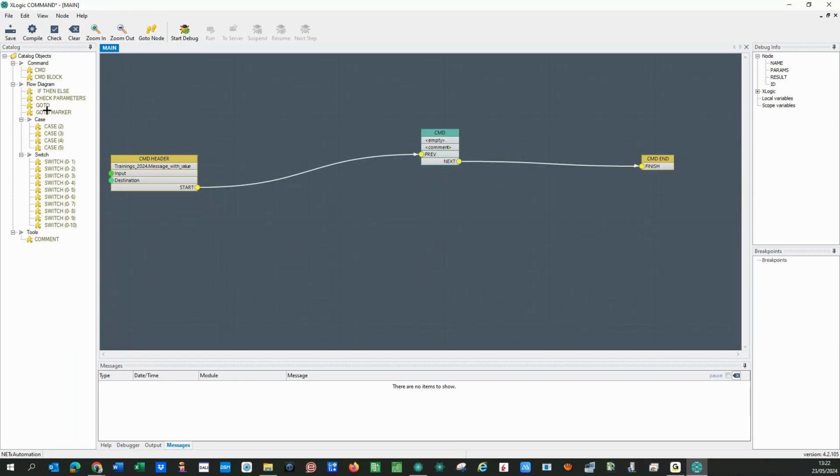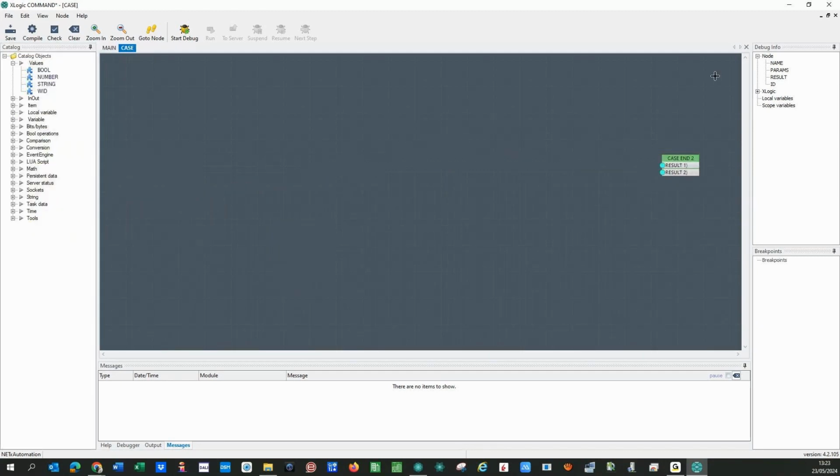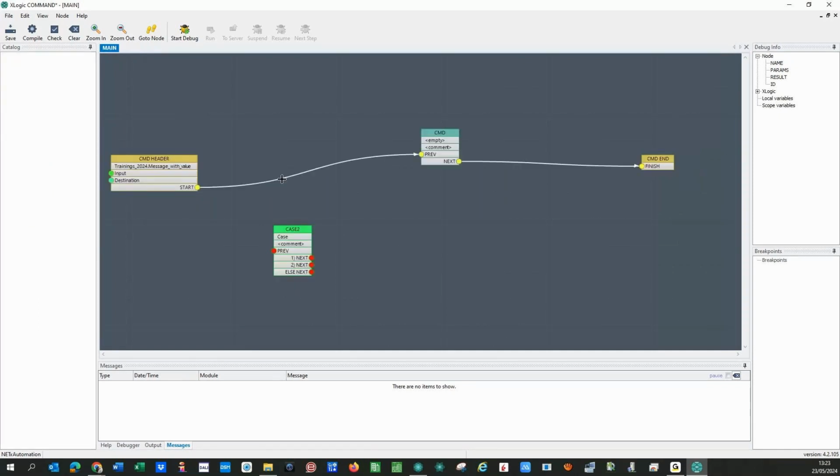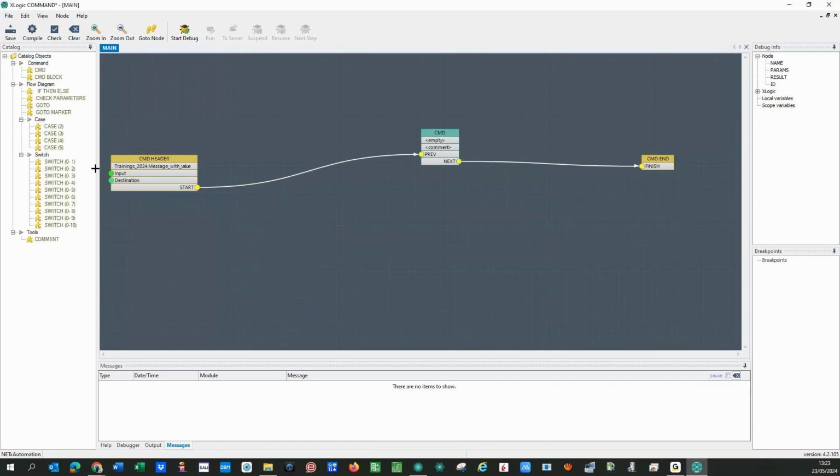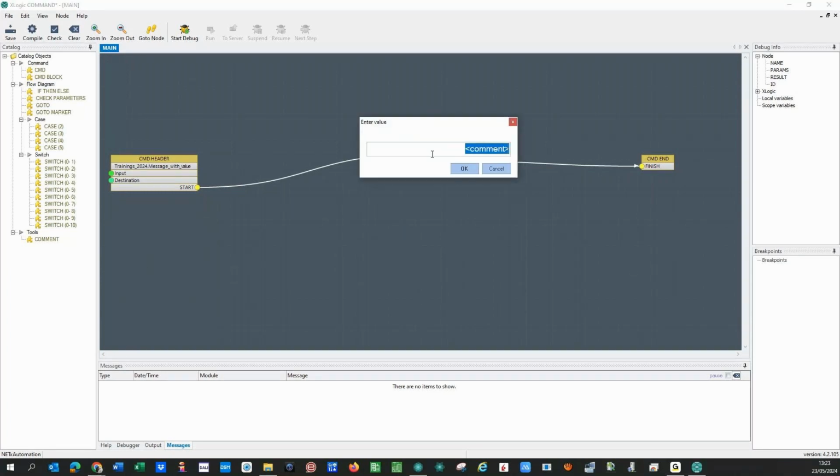Also cases and switches, different options, whatever. So it's possible to do complex things. Many of these things I never used, but they are here to be used. You can also write a comment